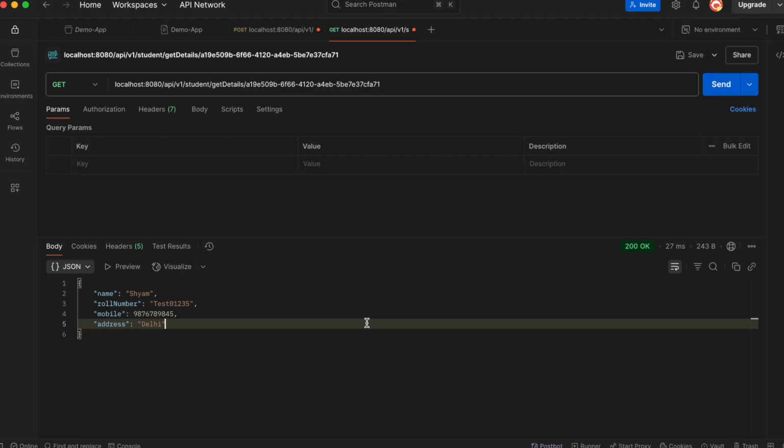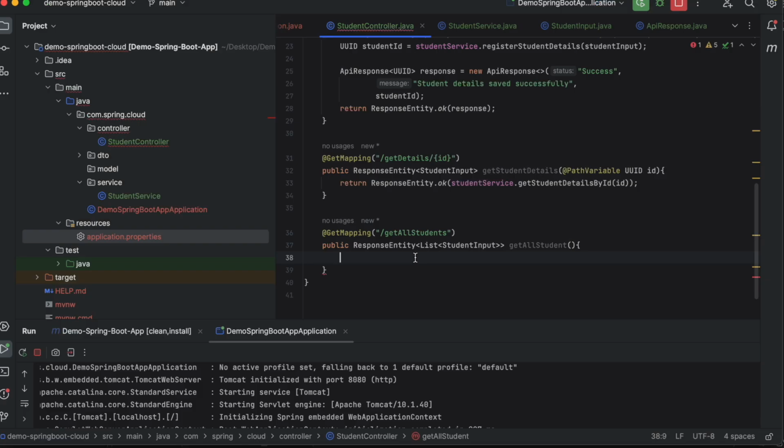Now if you want to see all the student details, for that we will write one more endpoint which will give us all the registered students' details. Since we know the student service returns this get student details, one single student's details by ID, we have to write one more function in student service which will give us the list of all students.